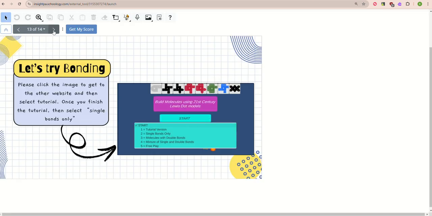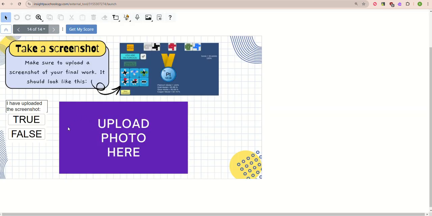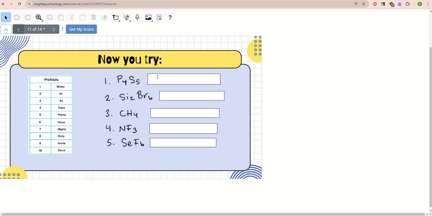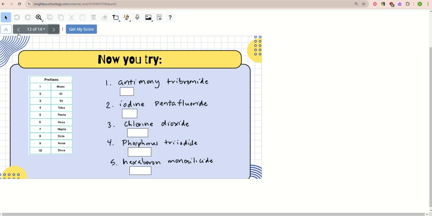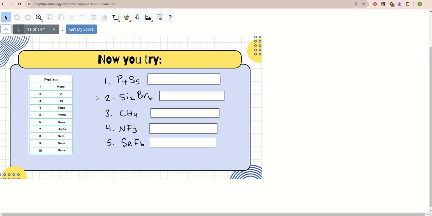Going back to this assignment, you'll upload your screenshot and put true or false there. And then let's just go back to a couple. I'm going to do the first one on this one as well, just so we can understand how these are done. So we have P4S5. If we're looking at this, I see a 4 and a 5, and I see phosphorus and sulfur. So whenever I look here, I look at the 4, which is tetra, and then sulfur is 5, which is penta. So what I'm going to do is type in here